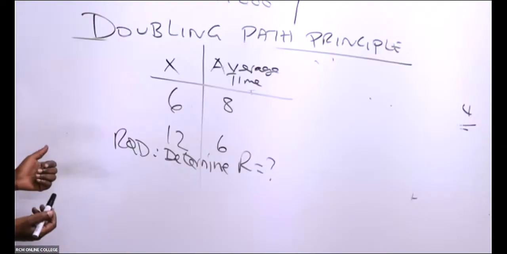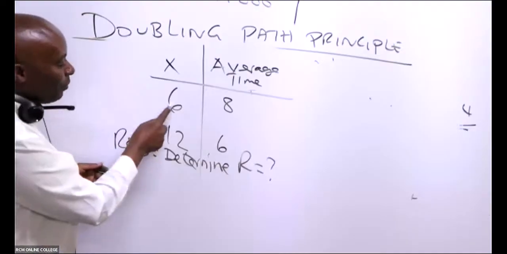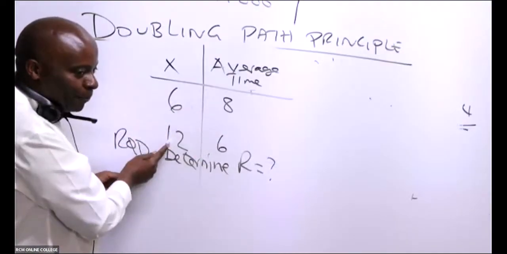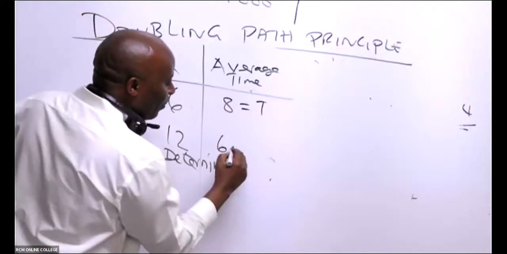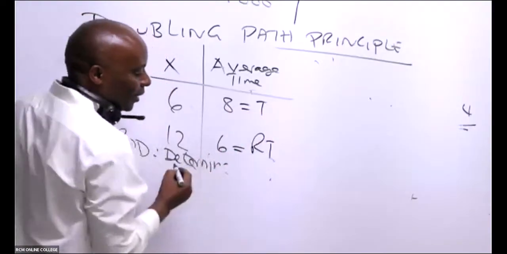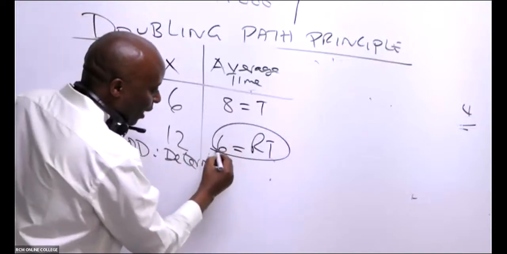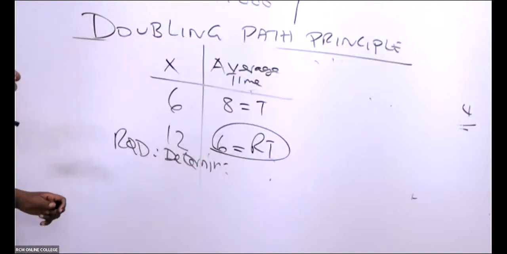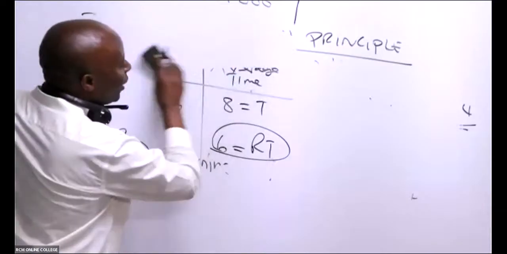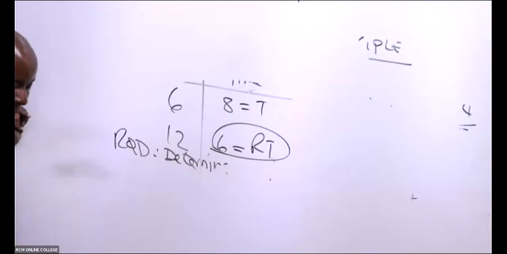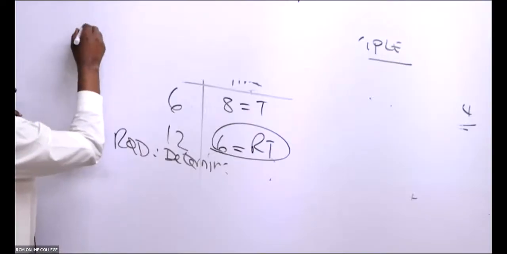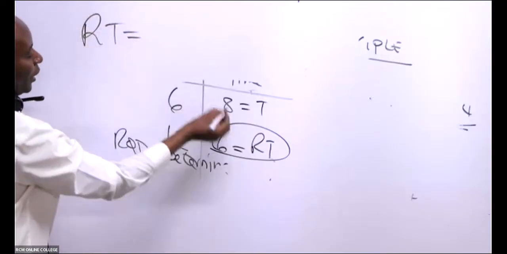Do you know what those students have known? They have known that there is a relationship between this and this because of the doubling. So then this one will be T, and this one here will be RT, isn't it? And then now you pick it from here. We are saying that our RT equals what here, somebody?